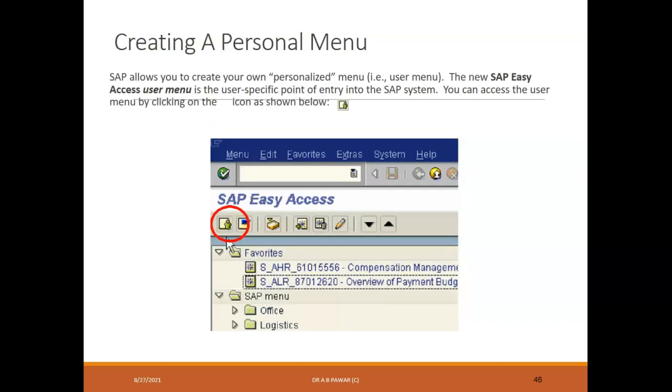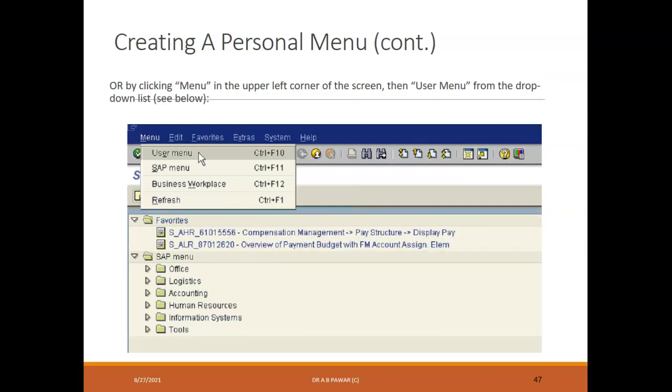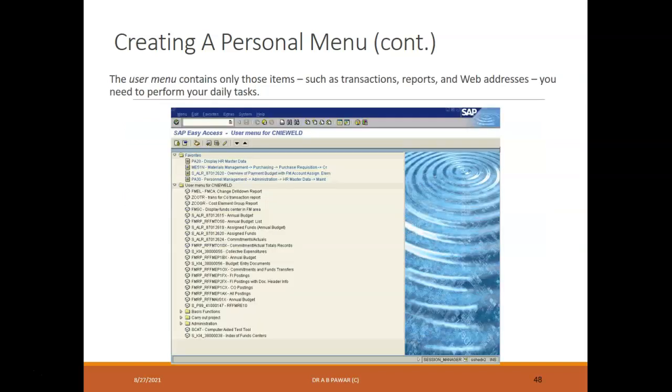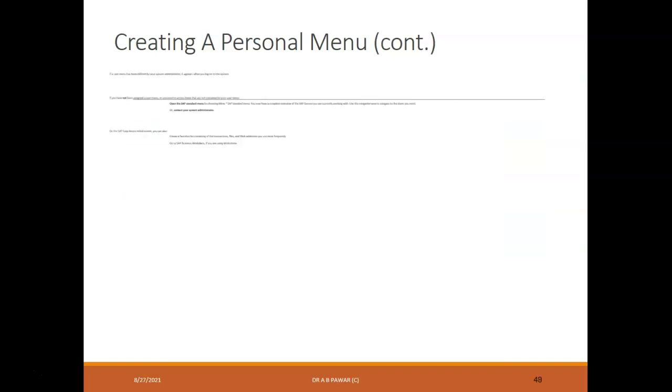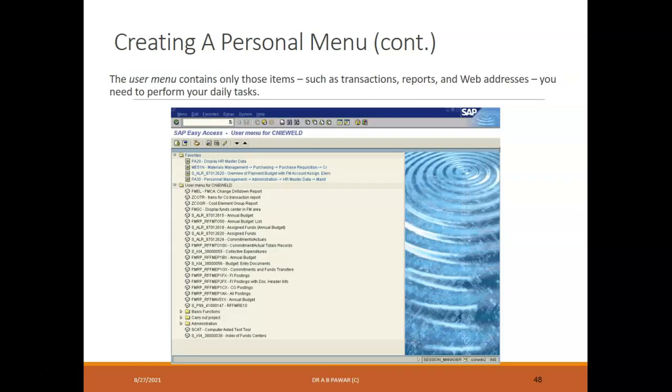So that's fine. You can even create your personal menus also, but I am keeping this particular part as homework for all of you. You will find out how we can create a personal menu on this SAP logon software. Just see these details which I am highlighting here. I am just highlighting, but I want from your end how this particular personal menu is created. Just try to explore on the internet, get its details and do it.